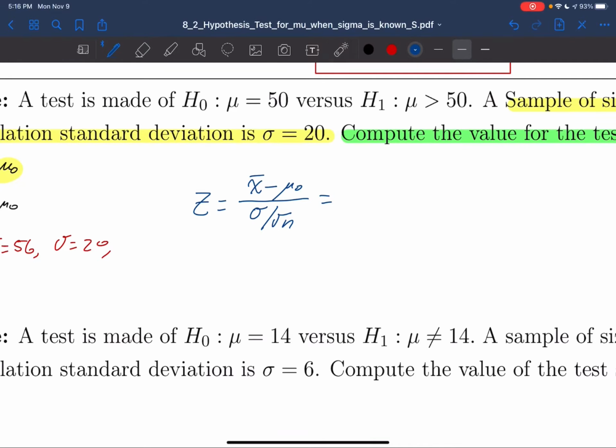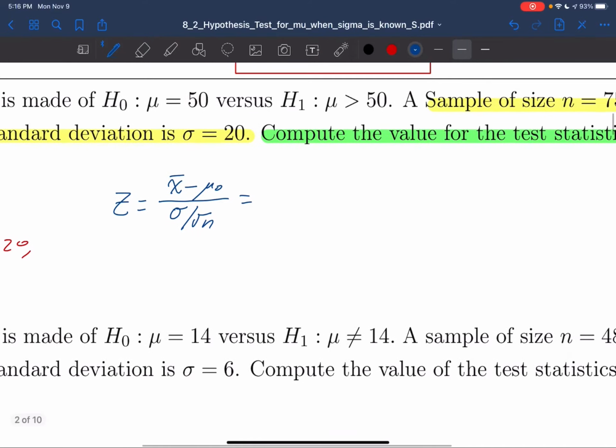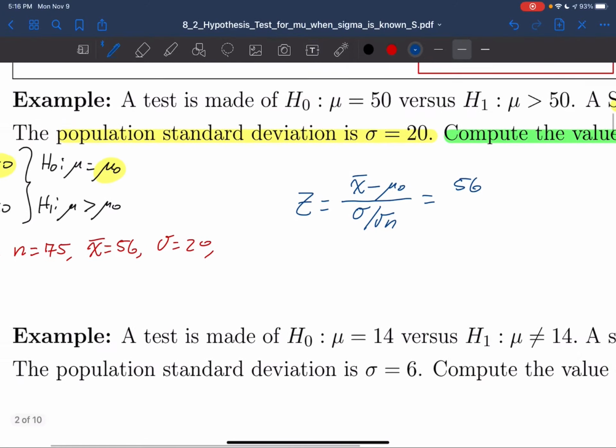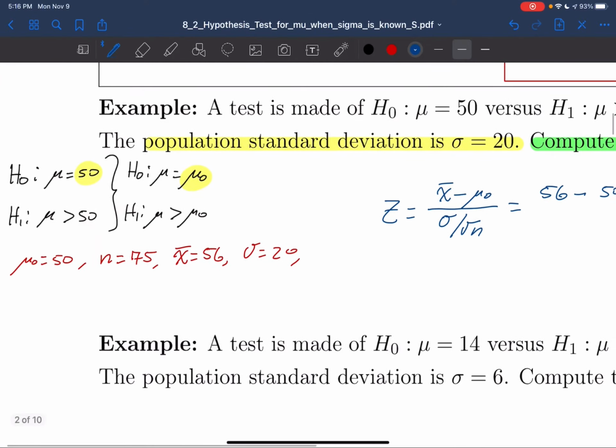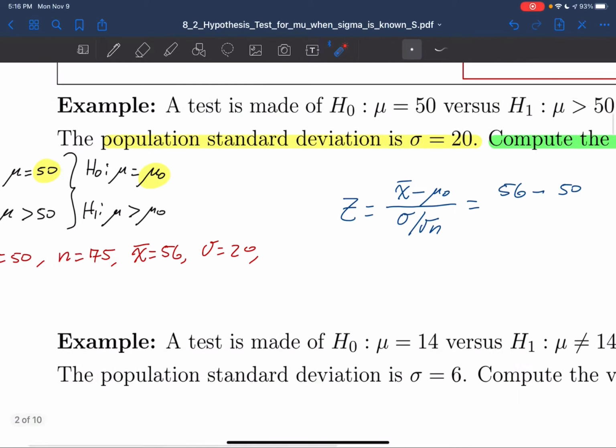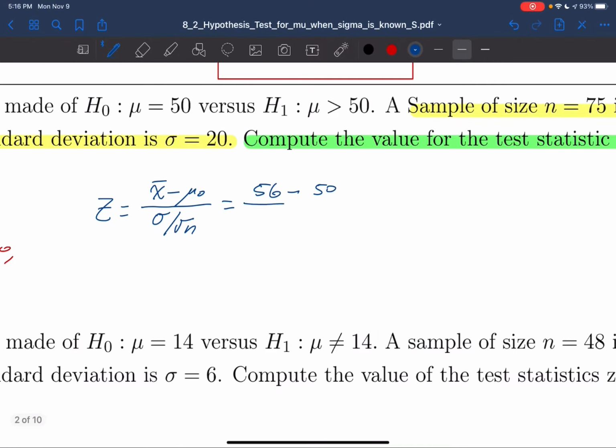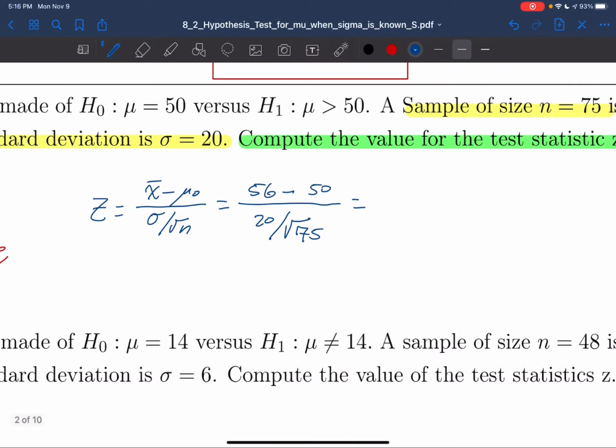What I'm going to do is input all the values at once. So this is 56, because 56 is our sample mean, minus mu naught, which is 50 because that's what we're testing, divided by 20 over square root of, sorry, square root of 75, because 75 is our sample size and 20 is our sigma. If you put this in your calculator, this is going to be